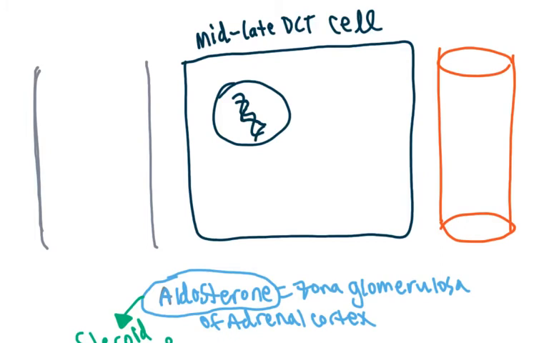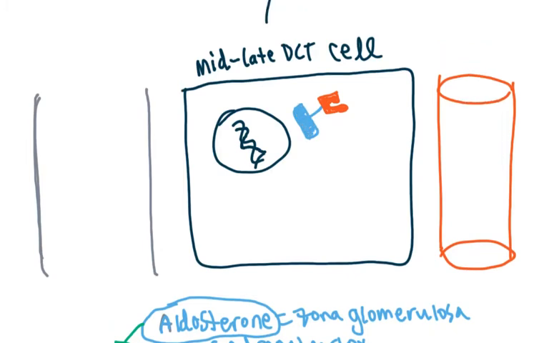This guy's just waiting for something to bind. So let's say aldosterone comes here and binds to this transcription factor. Let's indicate aldosterone by this green dot. Once it binds, the transcription factor gets activated and goes and binds to a segment of the DNA,